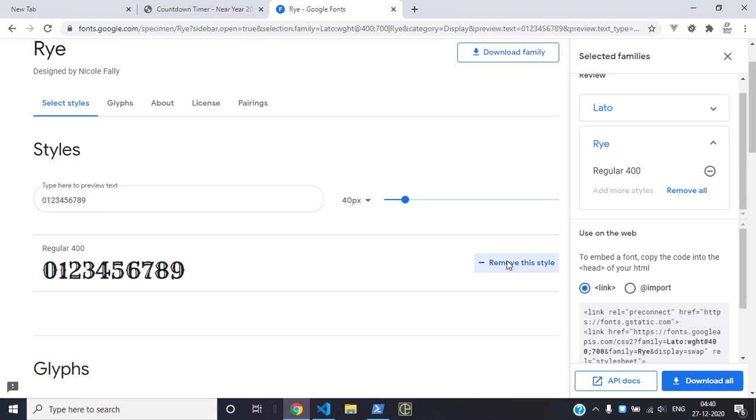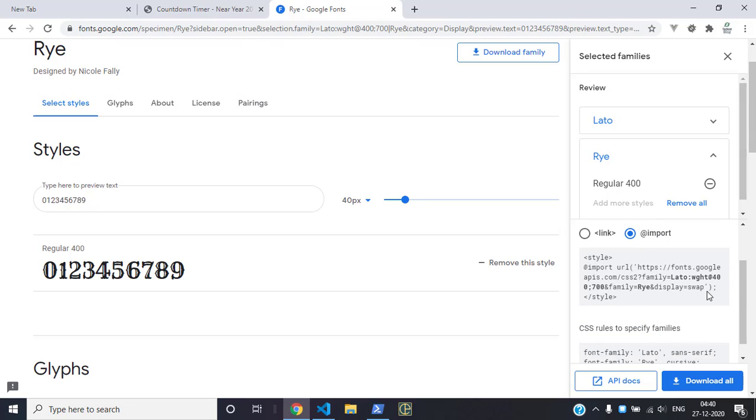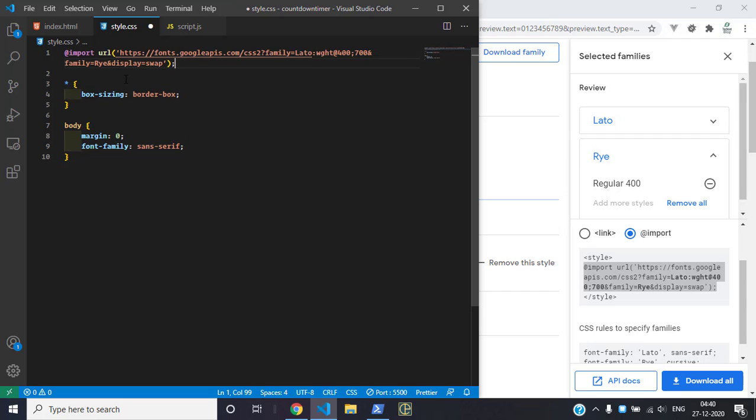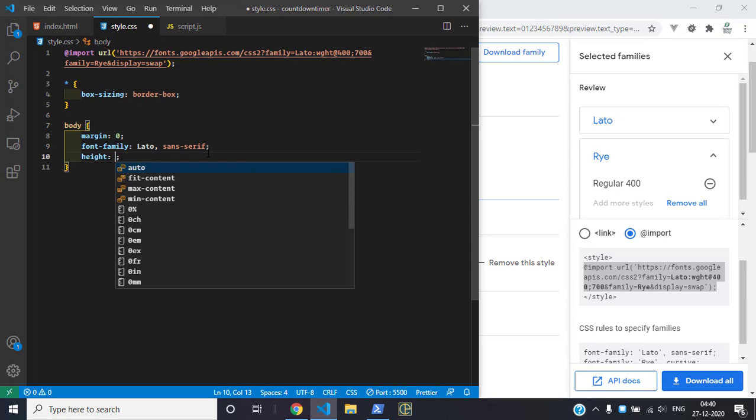So select this font, and we can use import. We can copy this and paste into our style.css file, top of this file right here. And for the body, we can use font family like Lato, sans serif, and after that we can use height 100vh,